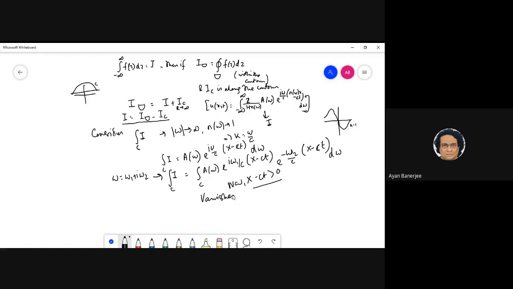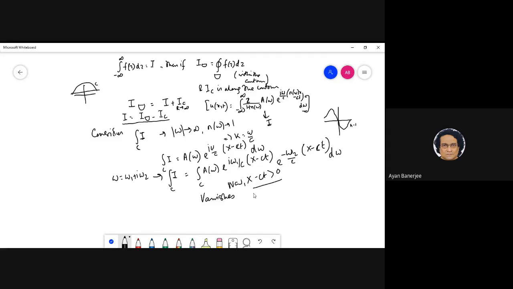What is important, Vishwajit, is when we do the lower half, then also you will see that under this regime it will still be a problem. Like if x minus ct is less than 0, then we can use omega 2 negative, right? Yes, that is exactly what we are, let me just finish this. We are almost there, guys. Let me just finish the discussion, then we'll talk. Okay, we are almost done.